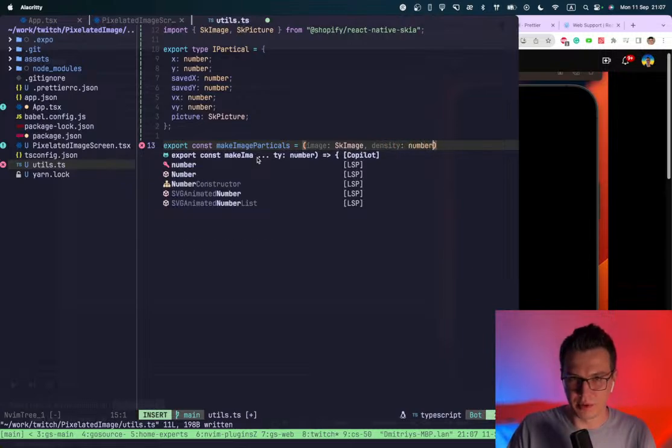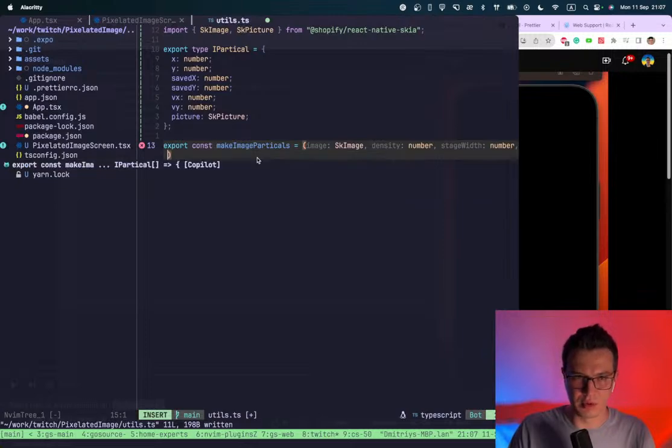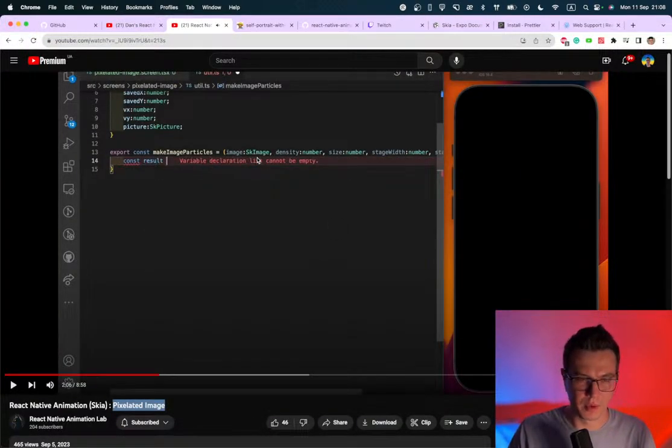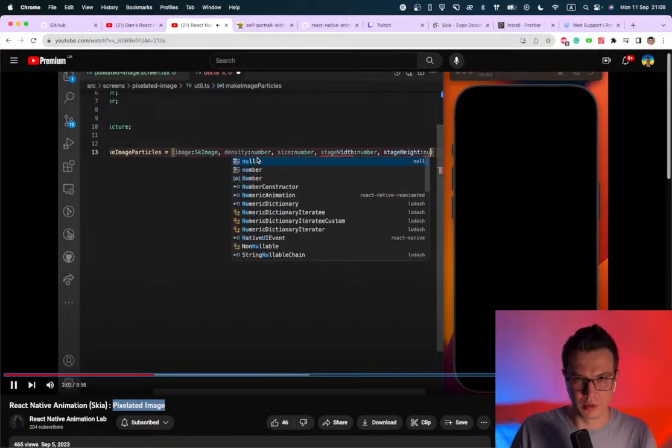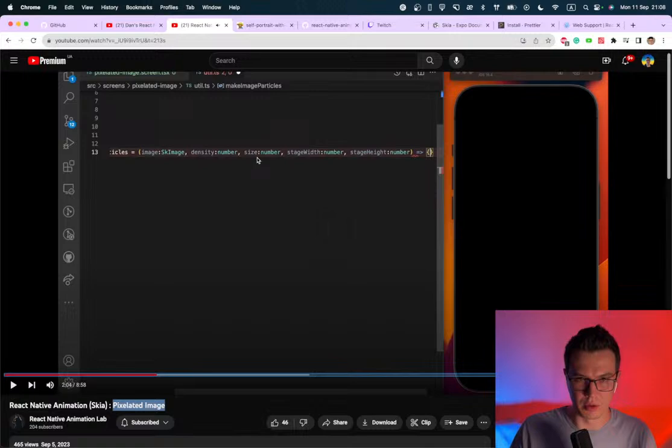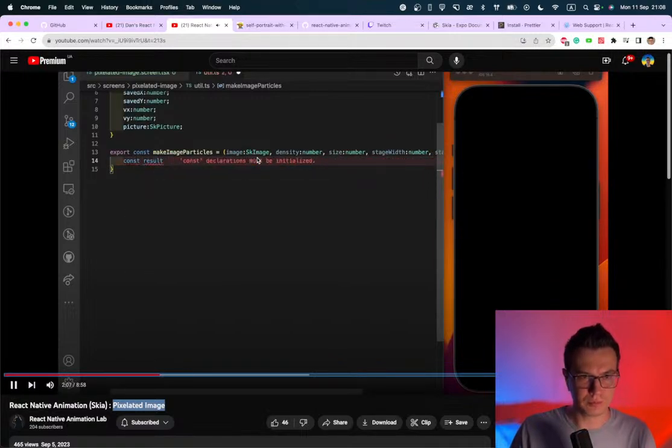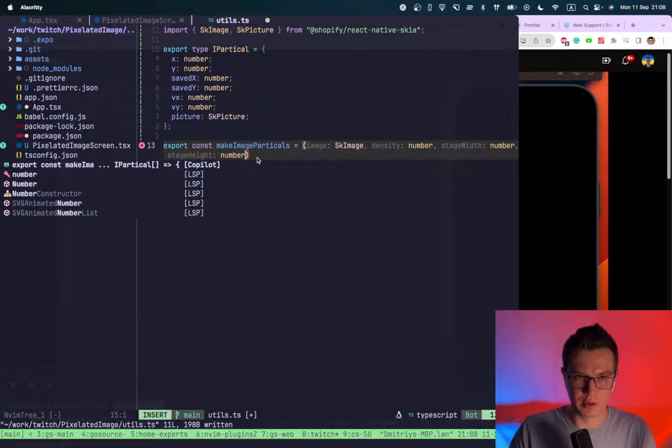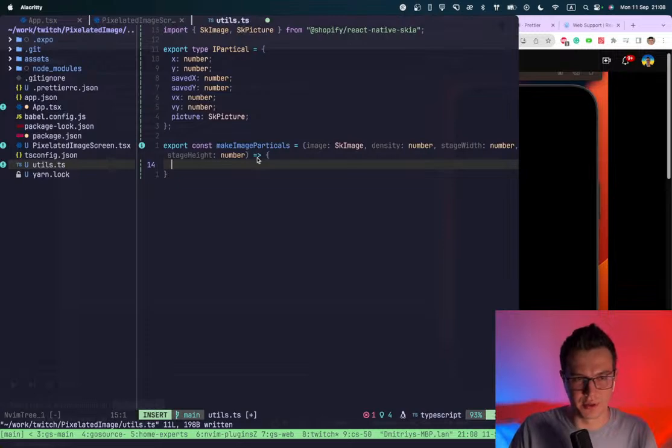Density is a number. Stage width is a number. Stage height also number, and okay, that's it. And we will get a result as